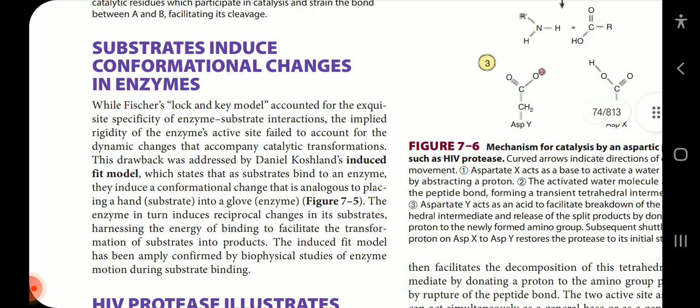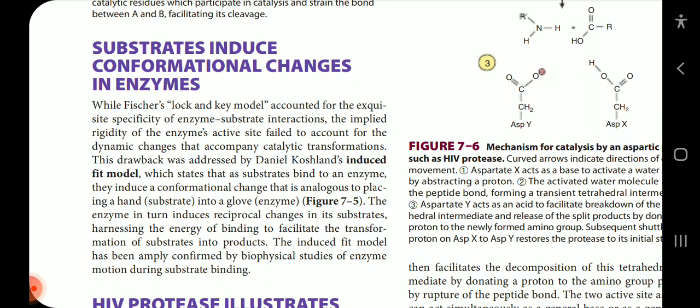So now coming to substrate-induced conformational changes in enzymes. Fischer's lock-and-key model accounted for the exquisite specificity of enzyme-substrate interactions, but the implied rigidity of the enzyme's active site failed to account for the dynamic changes that accompany catalytic transformation. This drawback was addressed by Daniel Koshland's induced fit model, which states that as substrate binds to the enzyme, they induce a conformational change that is analogous to placing a hand (substrate) into a glove (enzyme). The enzyme in turn induces reciprocal changes on its substrate, harnessing the energy of the binding to facilitate the transformation